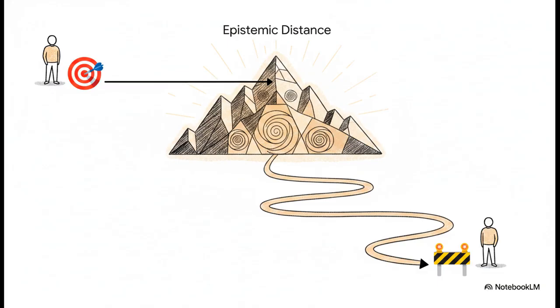Take a look at Quadrant 1, or K1. This is the insider's view, a mystic studying a mystic. The epistemic distance here is as small as it gets. Now compare that to K3. This is your classic outsider perspective, an academic without similar experience trying to understand a mystic. This is where the distance is the largest and, frankly, the most problematic.